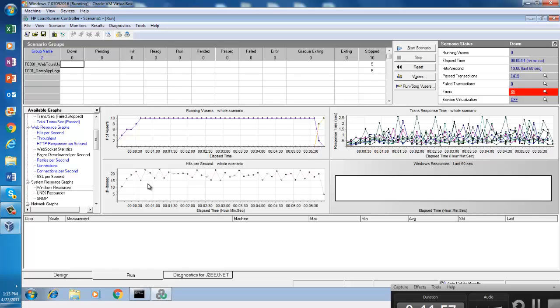Right now we are executing the test on localhost, right? So we didn't add it. But you can set up your monitors, and then you can monitor your resource usage while the test is running. Does it make sense?